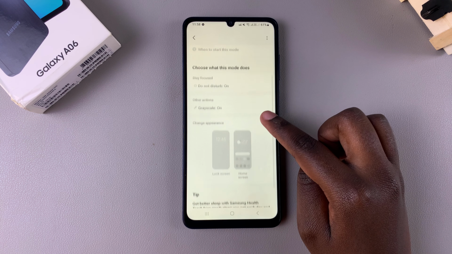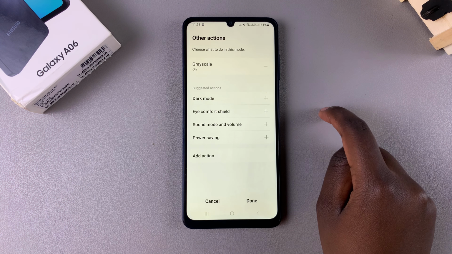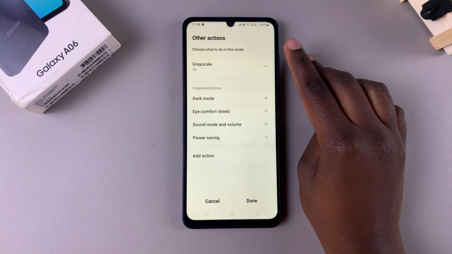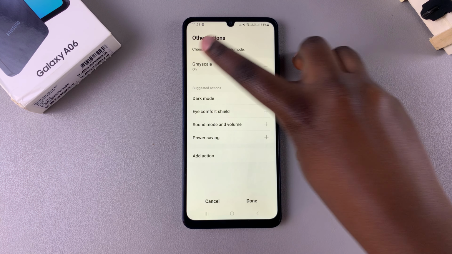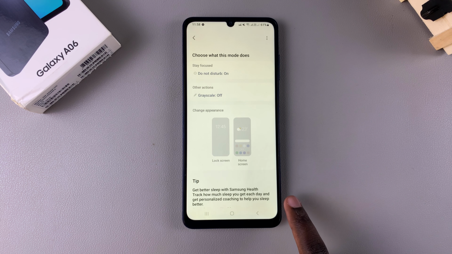Then you want to scroll until you get to the section labeled Other Actions. Tap on it. From here, you should see Grayscale. So to turn it off, you have two ways. The first is by simply tapping on Grayscale, then selecting off, tapping on done, and then tap on done again